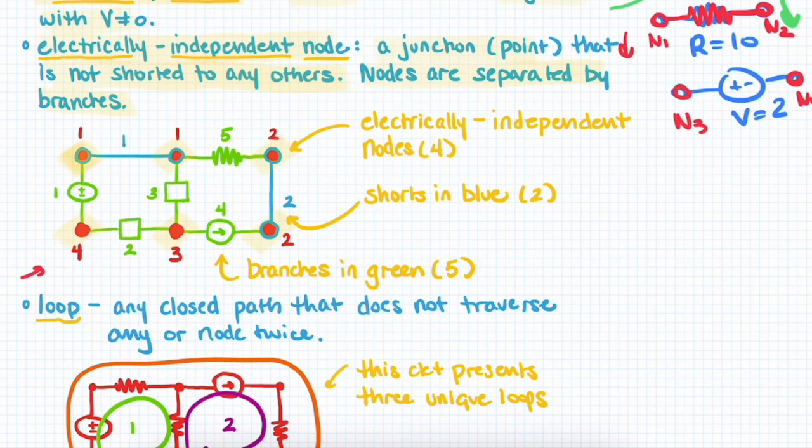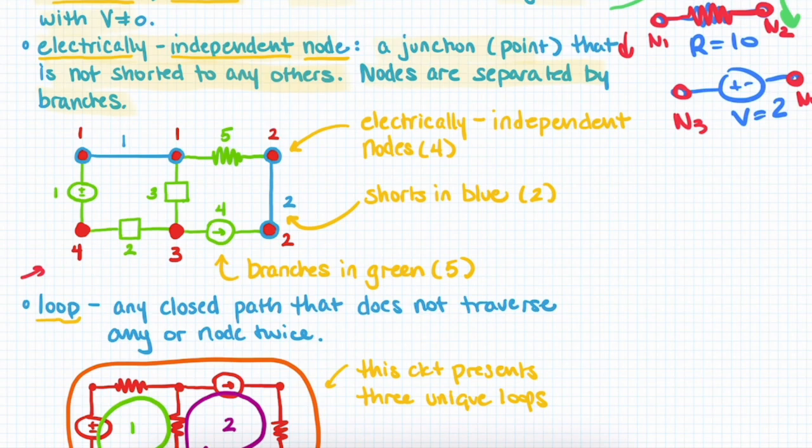Good. We know that. Next, let's go through and try to count the number of branches that we have. We have, and they're numbered 1. Sorry, my highlighter didn't work. 1, 2, 3, 4, 5. Okay, great. How many shorts do we see? There's a short here and there's a short here. Okay, so now that we understand we have 6 junctions, 5 branches, and 2 shorts,